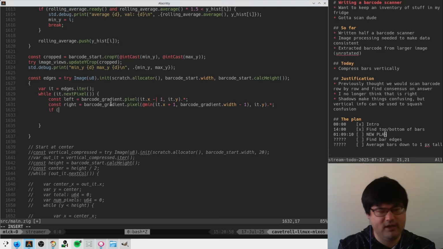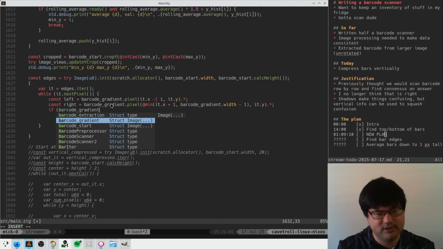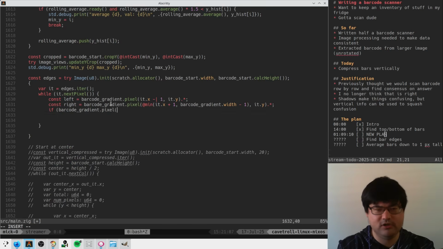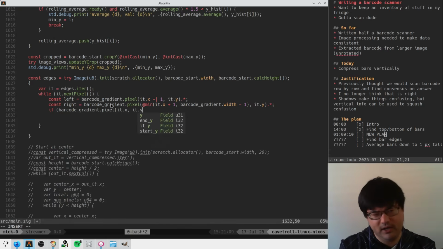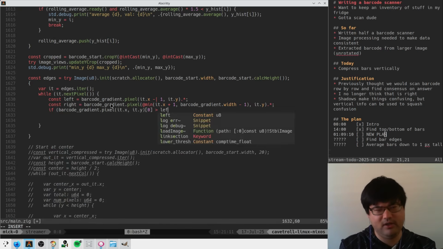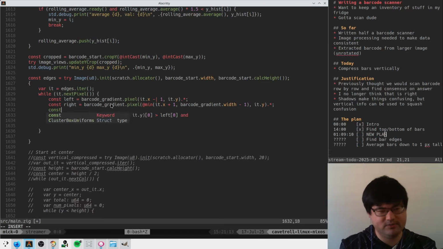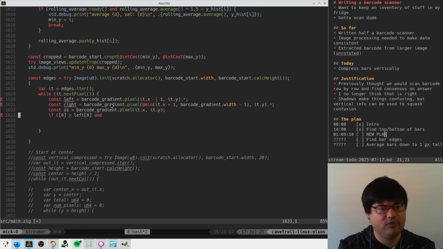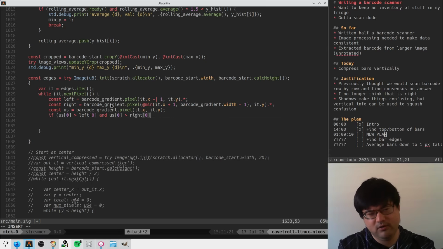Okay, and then we say if the barcode gradient pixel at XY, 0 is greater than left 0, and I guess we have us. If us is greater than left and us is greater than right,